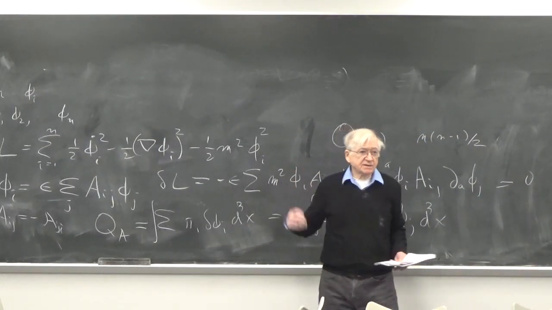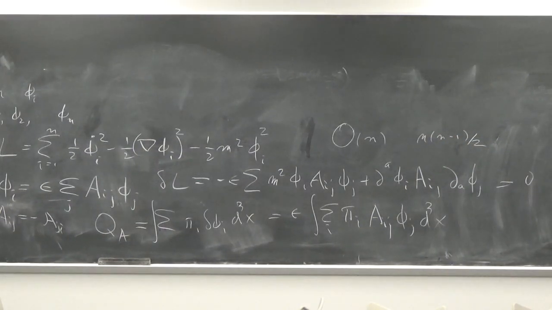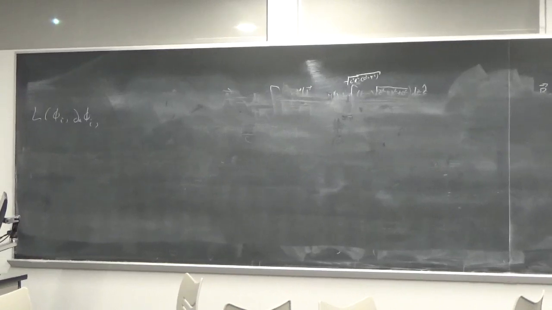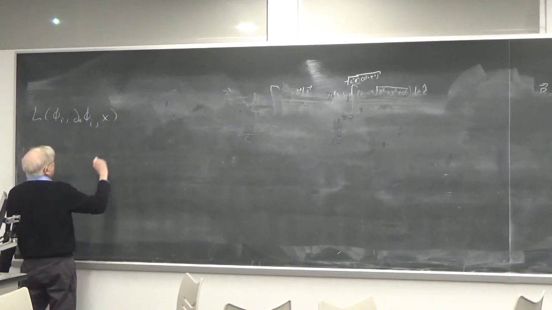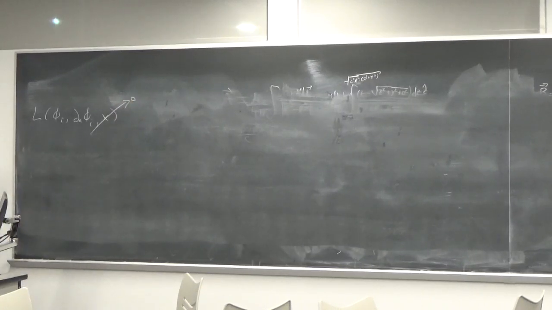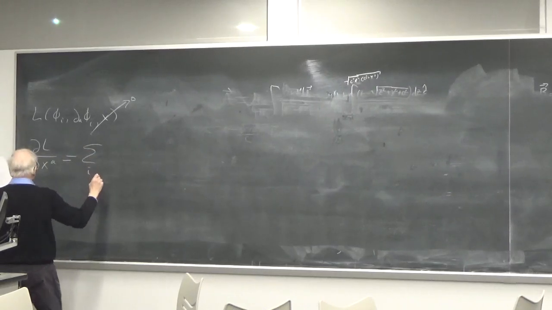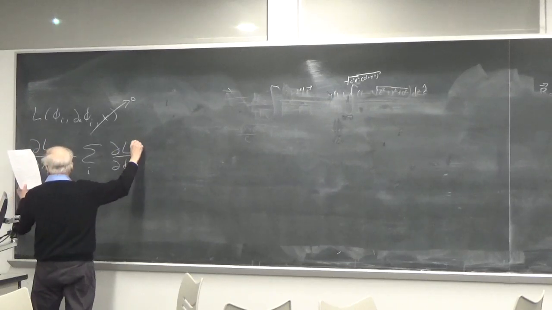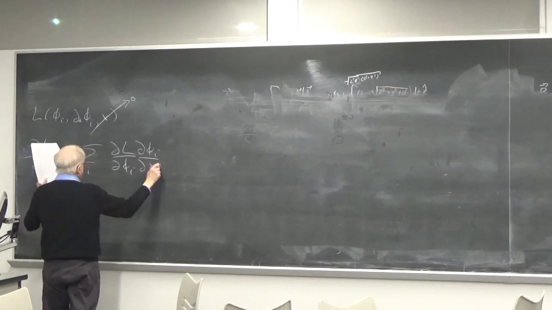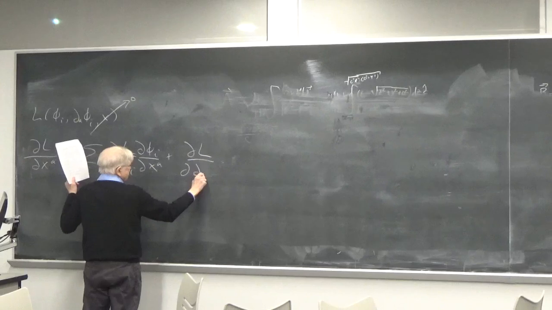Let's see, I may lose it on this board, so I'm going to go over this board over here. So let's suppose L is a function of the fields and their first derivatives, but in general it could have an x here. And we're going to say, no, we don't want that. We want L to be a function just of the fields and their first derivatives. So then the partial derivative with respect to the A-th coordinate is a sum on I, partial of L with respect to the field, partial of the field with respect to the A-th coordinate plus partial of L with respect to the B-th derivative of the ith field